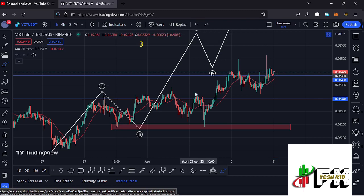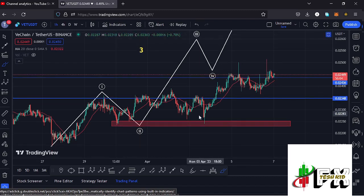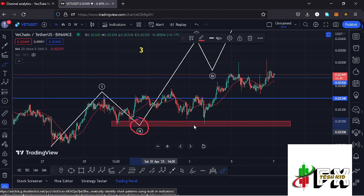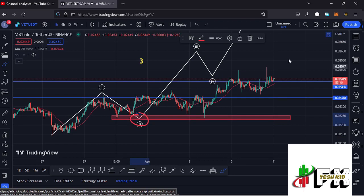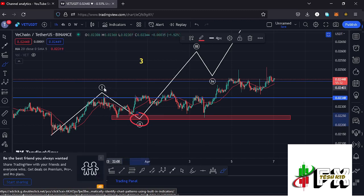We have also continued to obey the Elliott structures, where we had been seeing a bit of a breakdown to the lower side in the formation of this wave 2, in a move that has now managed to get into the minimum retracement area, which I have highlighted here on the charts using this red target area, and there are now high chances that we have bottomed out in the formation of this wave 2, and whatever we are seeing at the moment is the start of a massive run up to the upper side in the formation of this wave 3. And at the time of this recording, we are also holding above the wave 1 high at around the